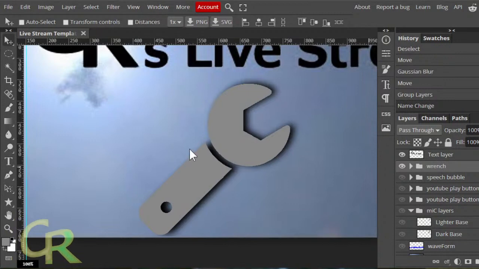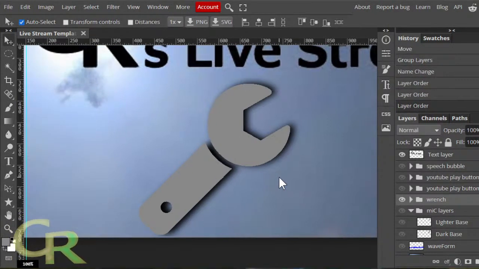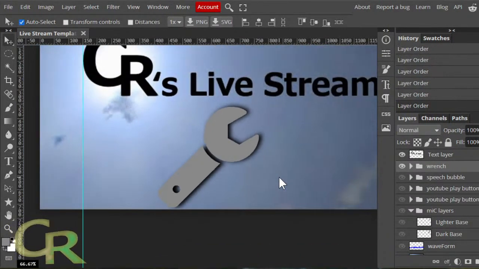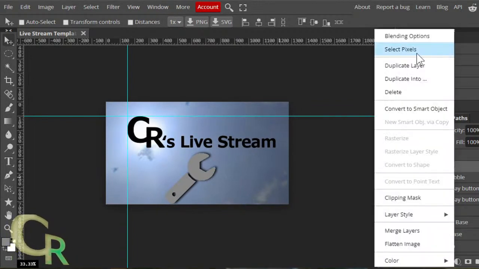For example, if I was talking about channel moderators as wrenches or spanners, I can bring this element in as something to show. But I'm not doing it for that reason. I could. Not here, so control minus. I can almost put the wrench maybe right here. Let's try that out real quick.